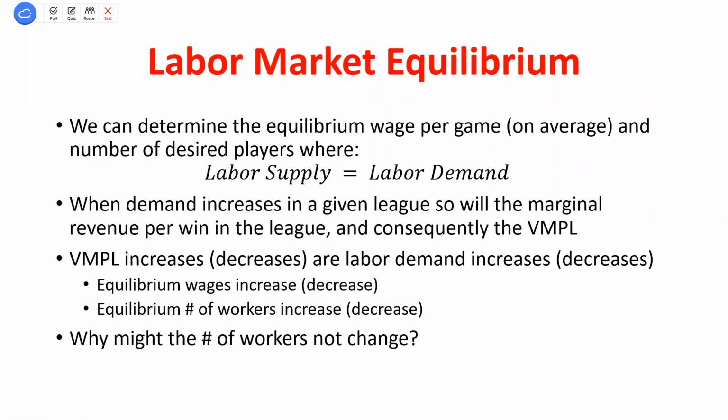I kind of probably jumped the gun on this. I should have had this slide earlier, right? We've been identifying these equilibriums, where the labor supply equals our labor demand. Using that, we can make different predictions about whether equilibrium wages will be higher on some teams or lower on others, and whether the equilibrium number of workers or just hours of labor supplied by an individual player are higher or lower on different teams. I already alluded to this: the equilibrium quantity of labor may not be the number of players that go to a large versus a small market team. It may be the number of hours or the quality of hours supplied to that large or small market team.